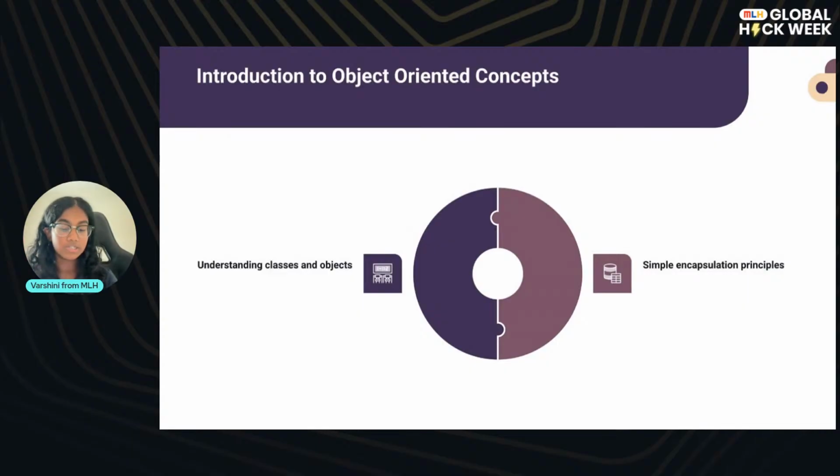Then another OOP concept is encapsulation. With encapsulation, you can keep data safe using variables like private and using get and set methods. Using our person class example, you don't want anyone to be able to change the name or the age of your person object. So you would declare a variable as private. Previously we've been doing string name equals Bob, but here you would do private string name and declare that at the beginning of your class, so that you have a variable that no one will be able to edit.